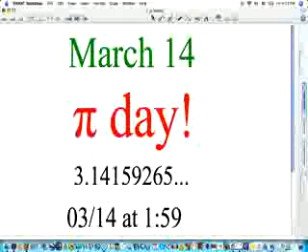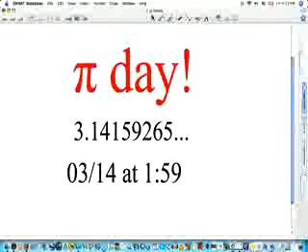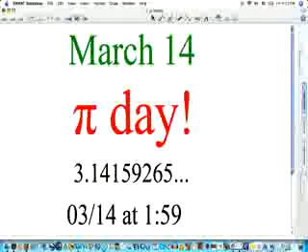March 14th is commonly celebrated as Pi Day. Now you might wonder why March 14th. Well, pi is, as I said, 3.14159, and March is the third month, and so the 14th day of the third month is 3.14, which is an approximation for pi. And at 159, which is the next three digits in the sequence, that's commonly the time that Pi Day is officially celebrated, and often people will eat pies or do something special at that time.